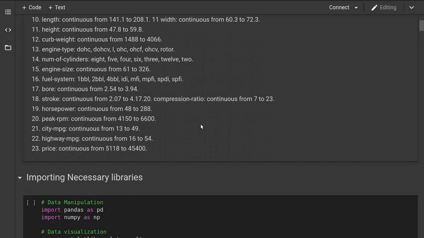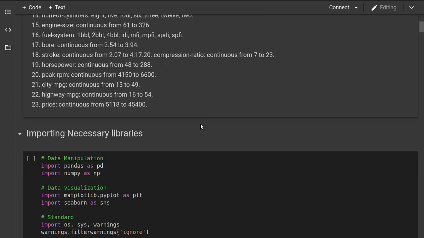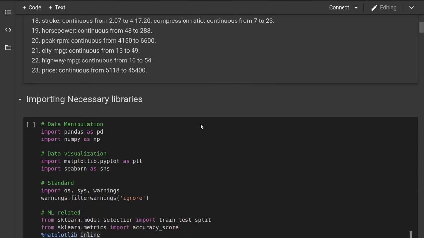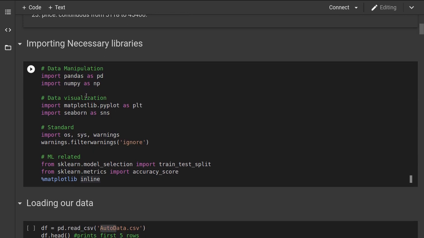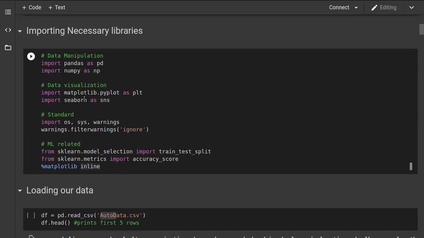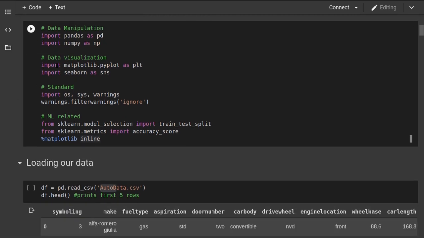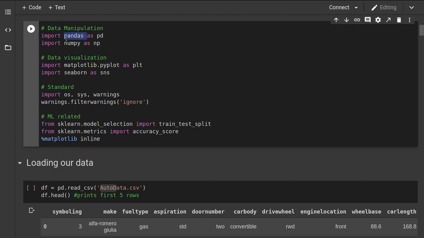Okay, so I have already done this assignment and submitted it. This video is just a walkthrough about how I did it. So let's go. The first thing I did was importing some necessary libraries which I will use further while doing this data analysis. I use pandas and numpy for data analysis and manipulation.